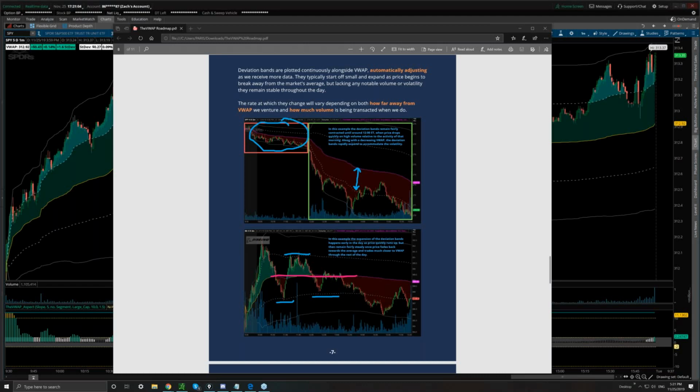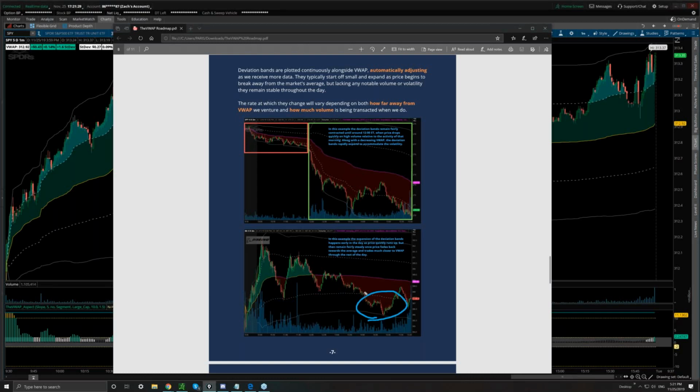Great point. Jeff actually just chimed in. I'll give him credit here. He pointed out, look at the volume surge during this breakdown. You can actually see here at the bottom of the charts a significant volume creating the massive expansion in deviation bands. If you contrast that with what we see over here,